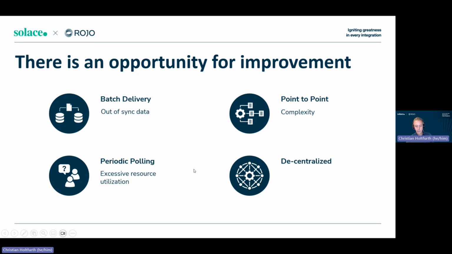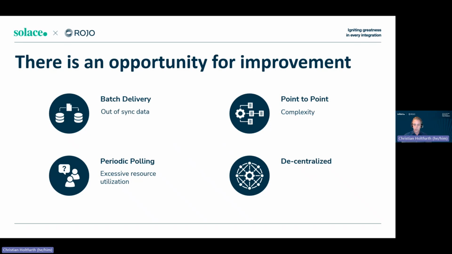Lastly, periodic polling has the challenge that either you ask infrequently and you miss a lot of the updates, and it's kind of similar then to batch delivery, in that you're out of sync a lot of the time. Or, on the other hand, if you do need real-time or near-real-time updates, people often resort to polling excessively. So instead of asking once a day or once an hour, maybe they're polling APIs every minute or something like that. And the challenge here is that this puts strain on both the source and the target system,